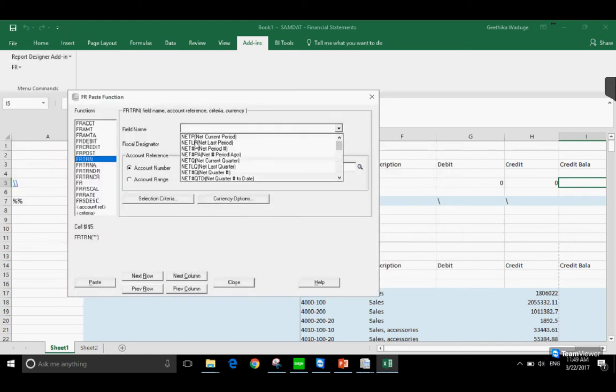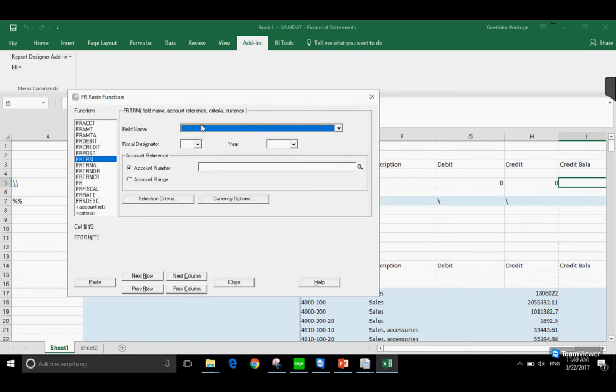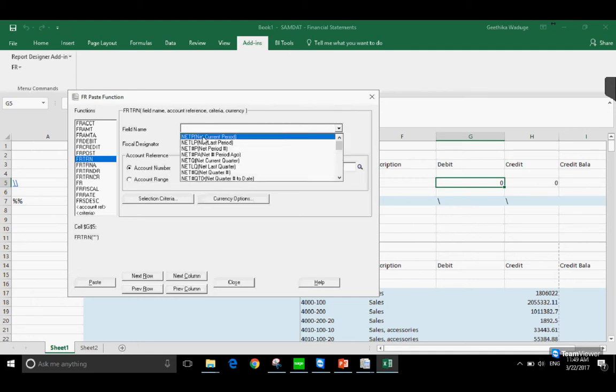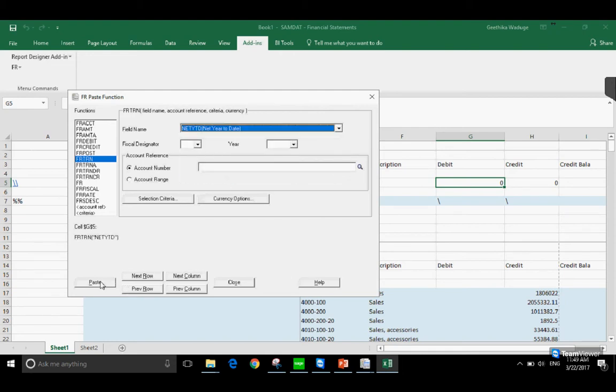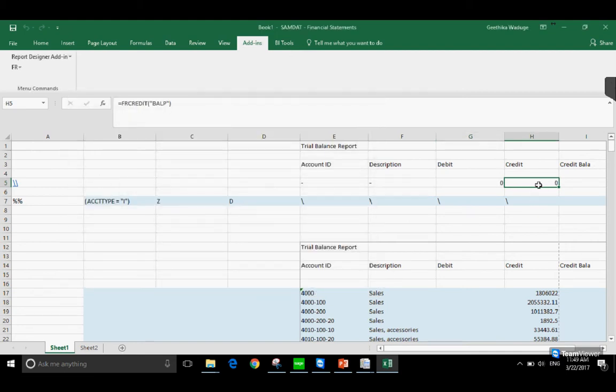So you will get only net transactions here. I will go to the previous column and we'll get, say for example, net year to date. Net year to date. If I paste it here and delete these two,